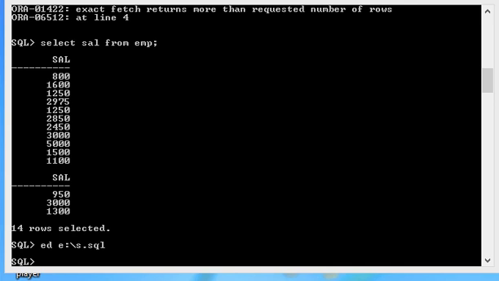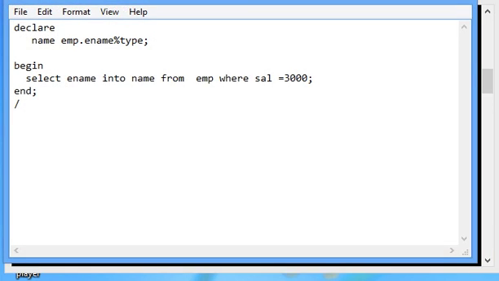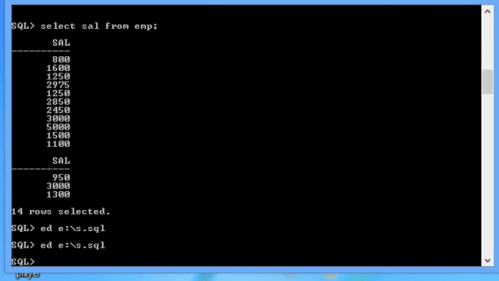So I create actually a file. That file is here. Where sal is equal to or greater than, for example, 3,000. I'm saying declare a name emp.ename. That means I'm declaring a name which is of the same data type as that of ename in the emp table. Then in the beginning I say select ename into the name where the sal is greater than 3,000. If I save it and I execute it